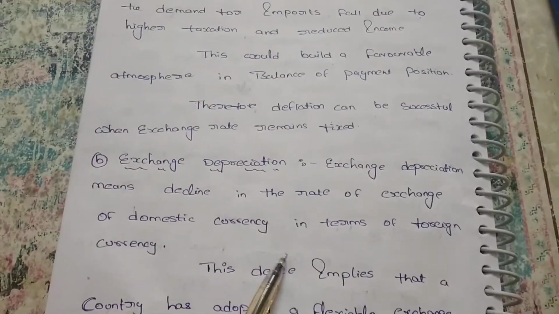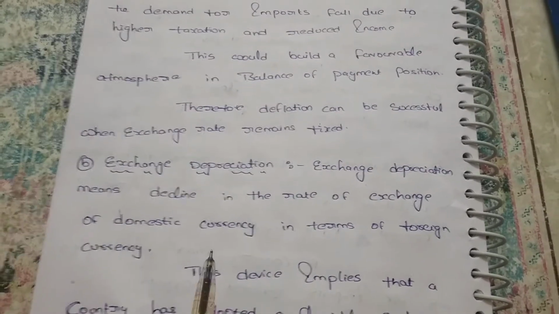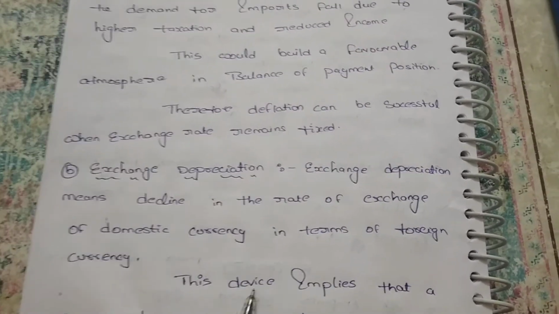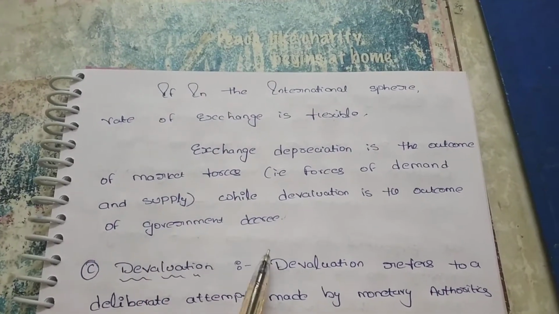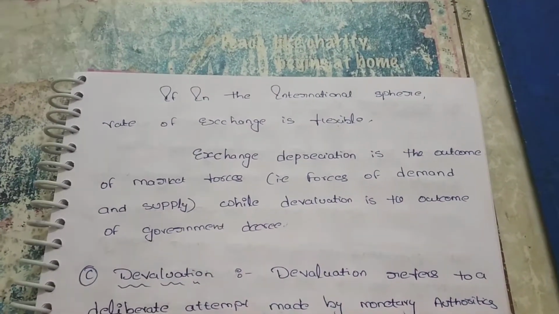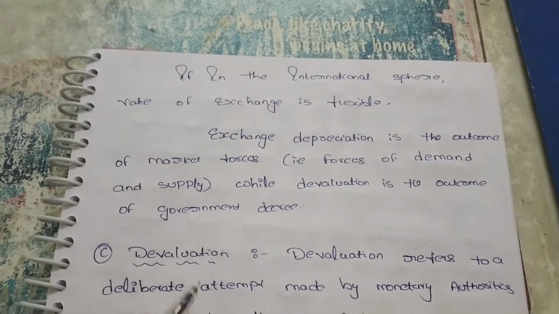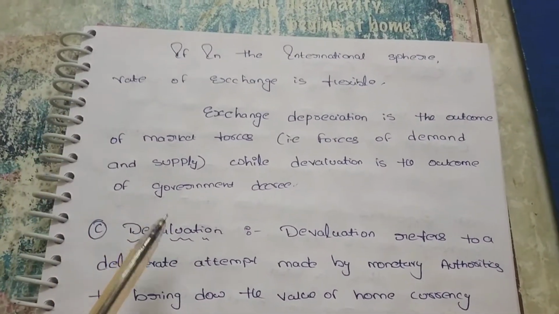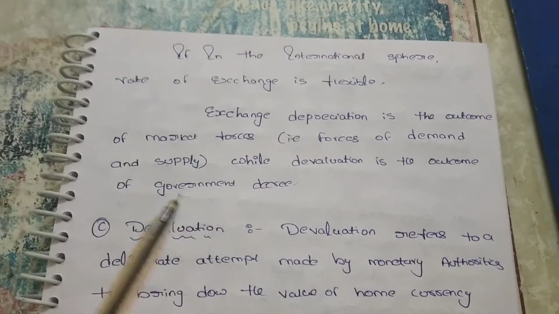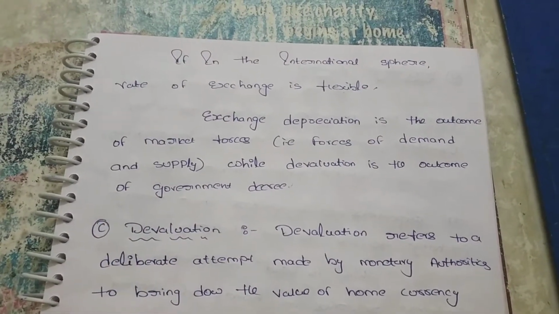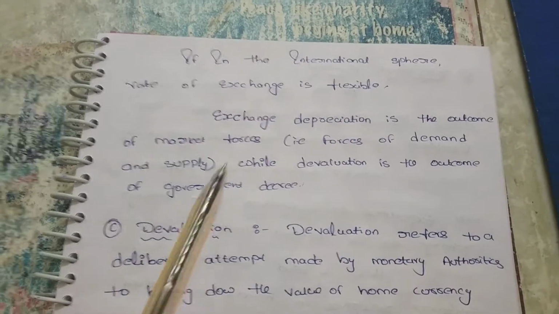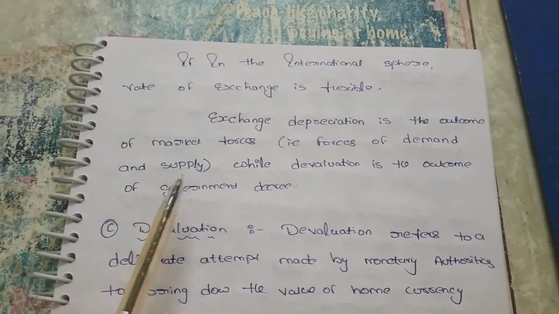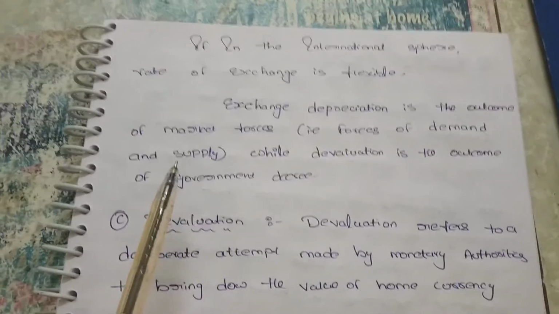Based on exchange depreciation, because the exchange rate fluctuates, when it increases or decreases we don't know, but it is mainly based upon demand and supply factors. In this case our money value has decreased, so our rupee value has decreased, so we are unable to buy the product, so we are unable to import. In this case we can reduce our imports. So this is also one of the reasons why we can balance the equilibrium. If there is no other option, we can increase exports, but in this case we can reduce imports. So we can say it is also one of the controls in balance of payments of international trade.